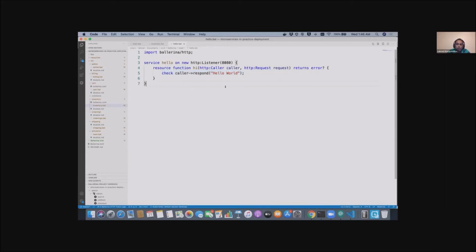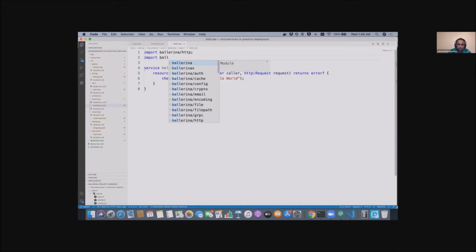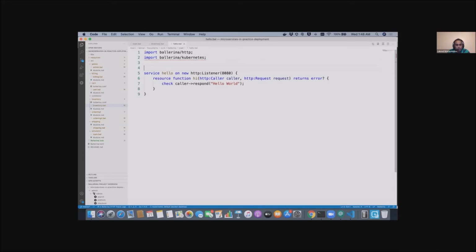So let's see how you can deploy this into Kubernetes. The traditional way, you have to create a Docker image, you have to create at least two YAML files, the deployment YAML and the service YAML, and then you have to deploy it. So rather than doing all these manual steps, Ballerina has built in Kubernetes support in the language. So here I'm going to import the Ballerina Kubernetes module, and I can use the inbuilt annotation to define my